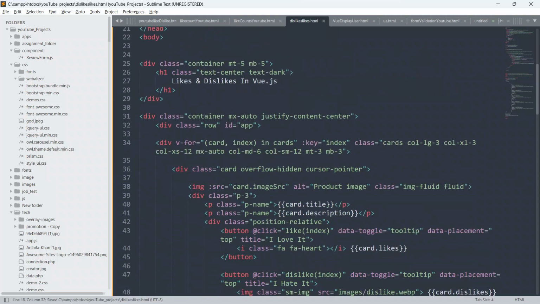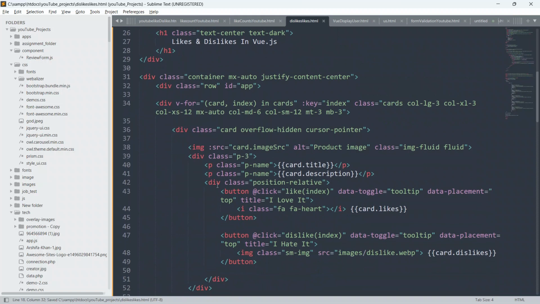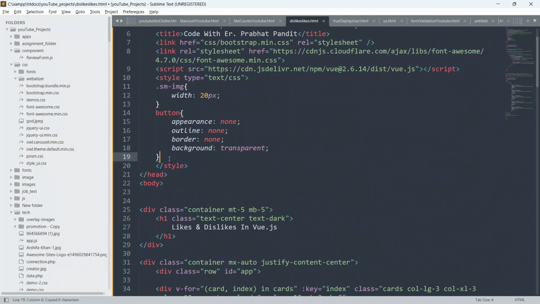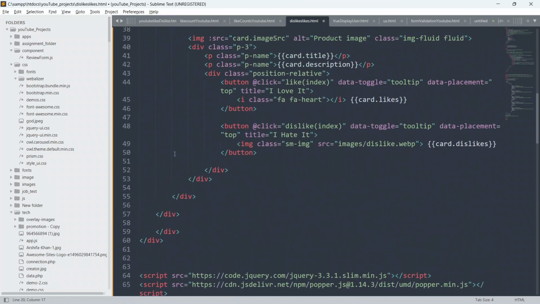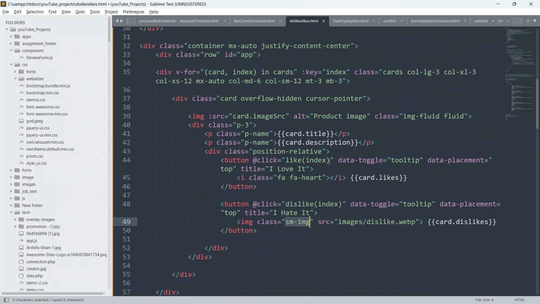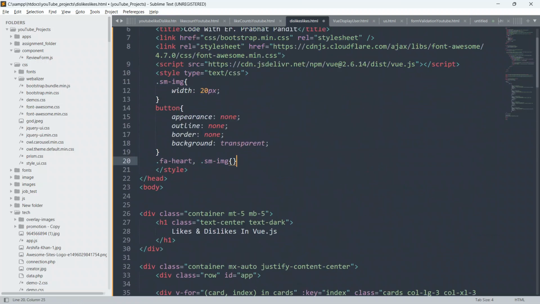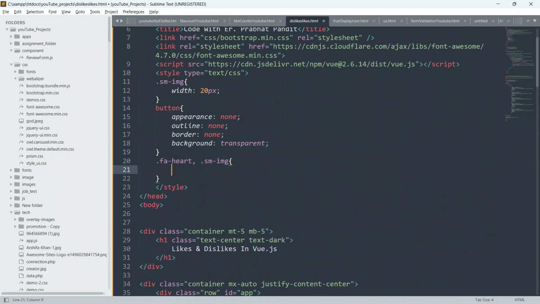Now I'm gonna copy this fa class from here, and we will enable some kind of CSS animation also. Put comma and some space and copy this class from here, smimg, to enable animation on this image also. Just paste it here, and I will define some animation.